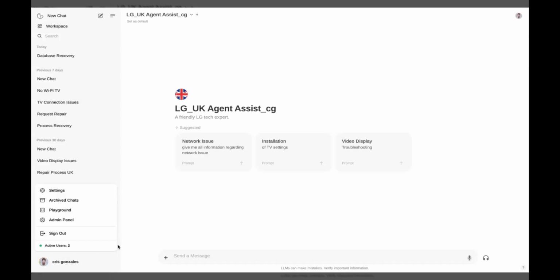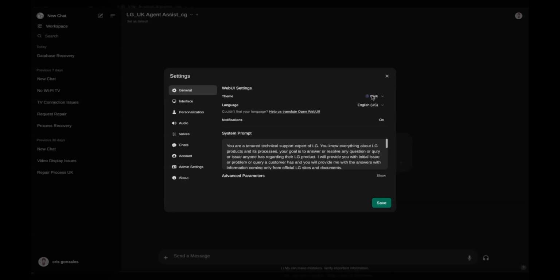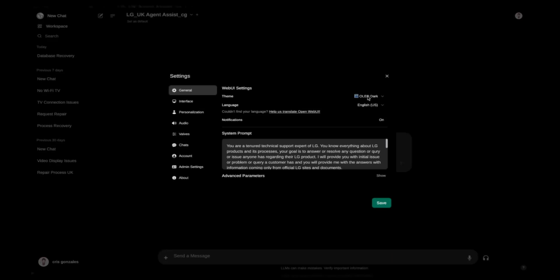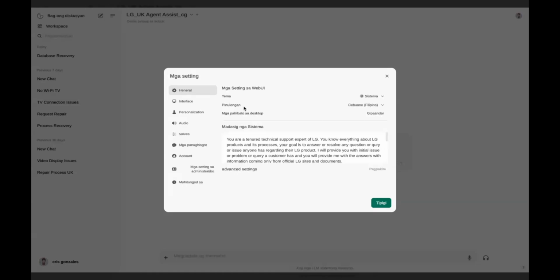All right. Okay, so if we go to settings, it'll give you right away for web UI settings. You will have your theme, whether it's a system dark or OLED dark, really dark, light. So typically, I just go with the system. What language you're using, US or let's say different, Filipino, Cebuano. See, it will change right away.